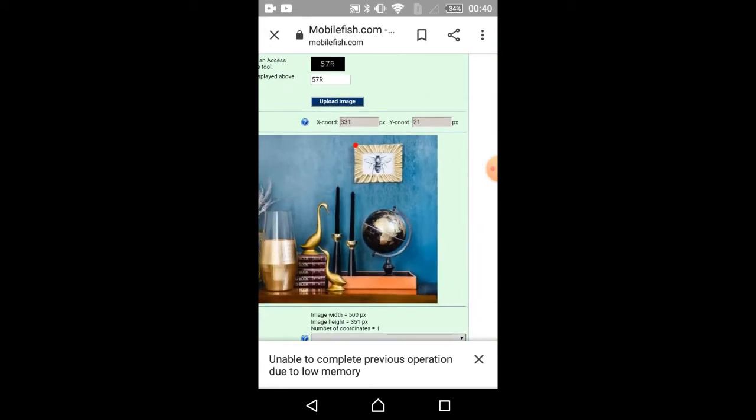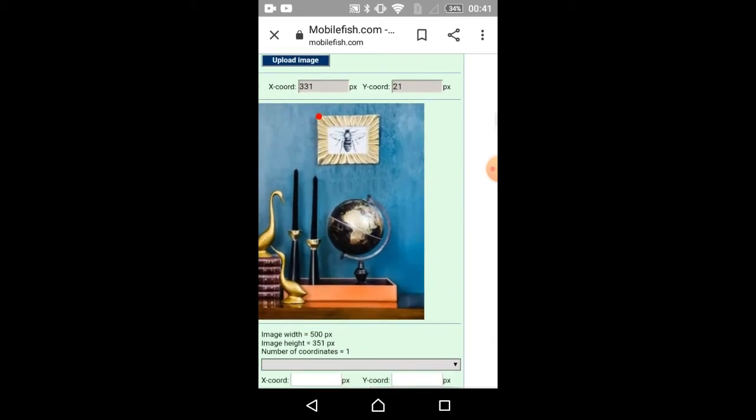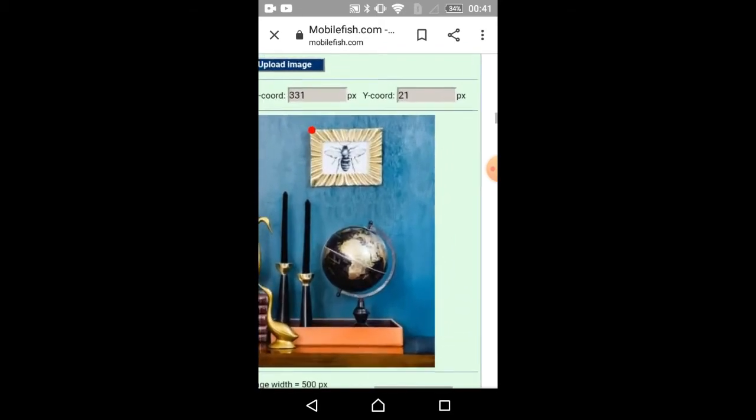At the top of the image, you can see x coordinate and y coordinate in px. These are the coordinates. You can write these coordinates on a paper, or you can just let it be. I'll show you how you can get these coordinates afterwards.